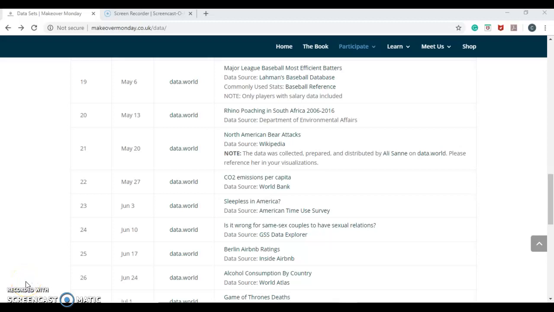I'm creating a reverse engineering visualization for Business 410 in reference to Berlin Airbnb ratings from data source inside Airbnb. What is reverse engineering, you may ask? Reverse engineering is a process of extracting knowledge or design information from anything man-made and reproducing it or reproducing anything based on the extracted information. Wikipedia. I have chosen the data from Makeover Monday, which offers data sets on different visualizations from information gathered from